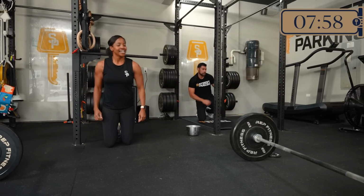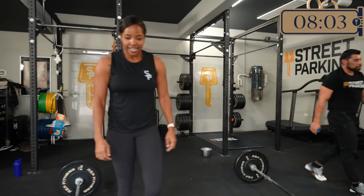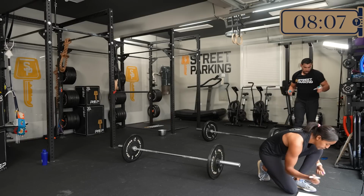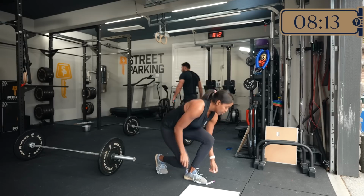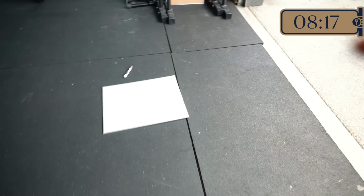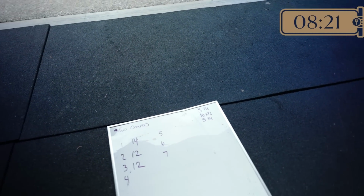Probably gave her the little burst she needed there. So let's talk a little bit too about the customizations that Carrie's making. As I mentioned before, for Program B, it's written with 5 pull-ups before and after the hang power cleans, because again, this one's on a real time crunch. There's really no room to be playing around with the movement variation that you choose, with the weight that you